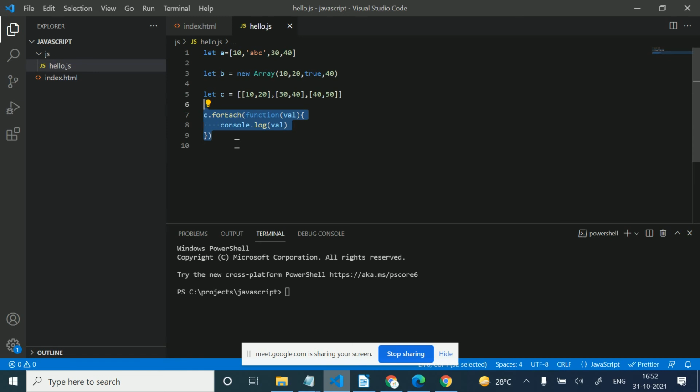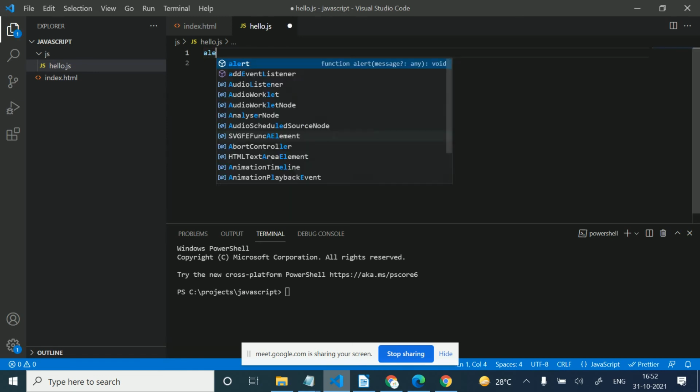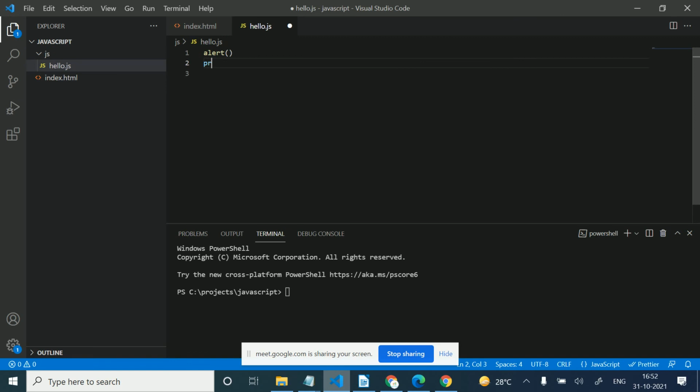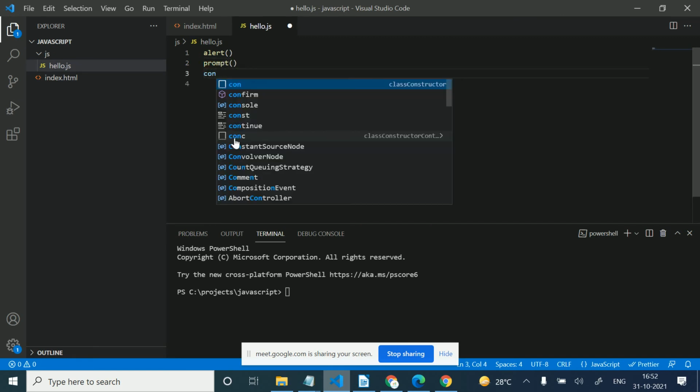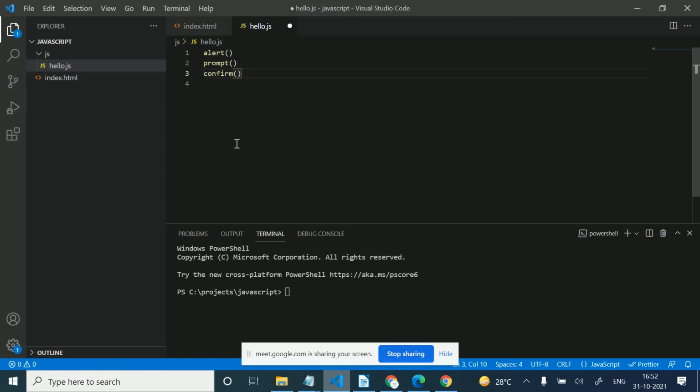We have also covered alert, prompt, confirm. These are all predefined functions, meaning JavaScript defined functions. We have already discussed these functions, and there are many more predefined functions in JavaScript.